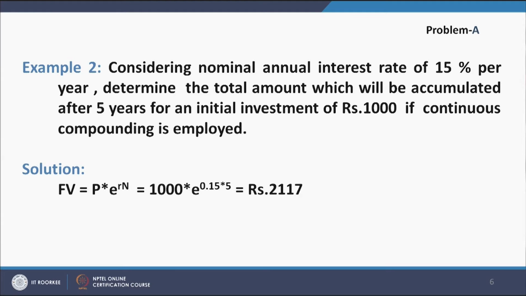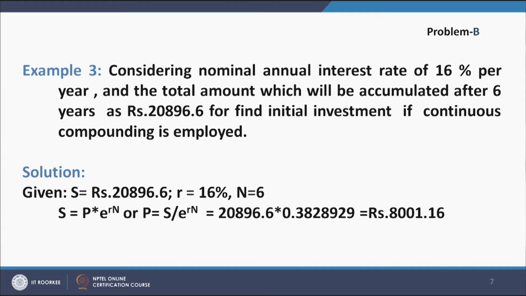Solution: we know the value of P, that is 1,000. We know the value of the nominal interest rate, which is 15%. We know the value of N, which is 5 years. So, we have to find S or FV, and FV is equal to P into e to the power Rn, which is 1,000 into e to the power 0.15, the value of R, into 5, which is the value of N, and this gives us rupees